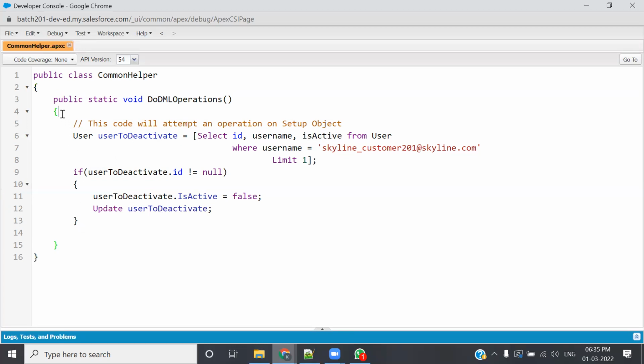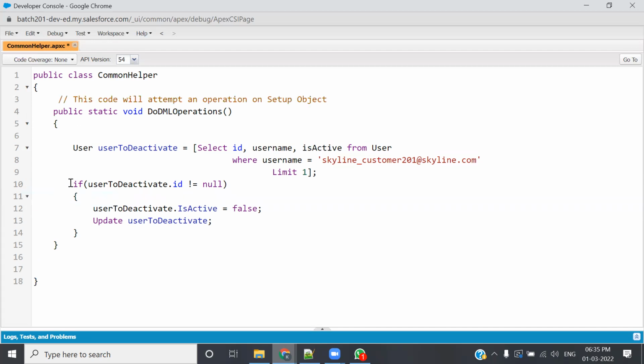Now I'm creating one more method, ठीक है, within the same class, this is the scope of my class, within the same class I'm creating one more method. So let me copy paste it over here, yes. Now here what I am attempting, I am attempting this code, this code will attempt an operation on a non-setup object, ठीक है।